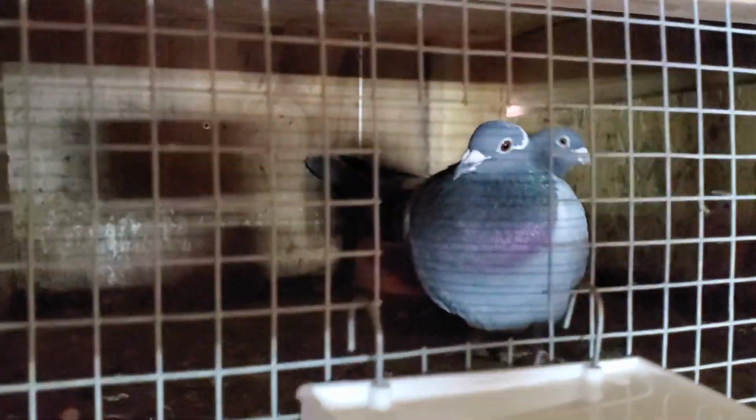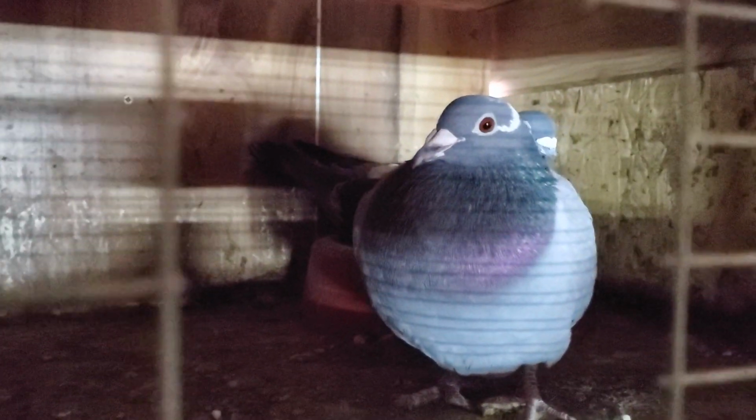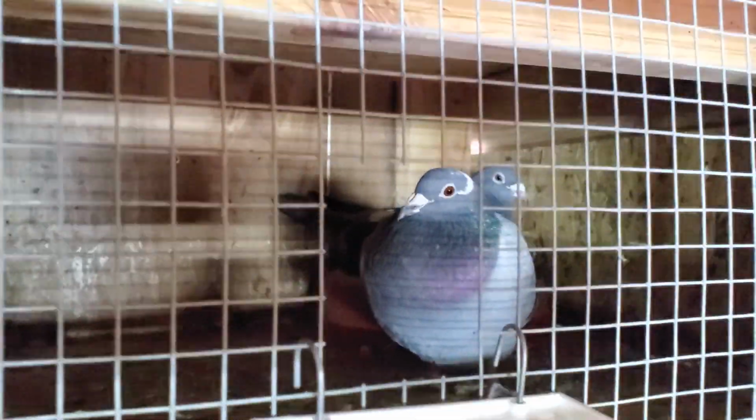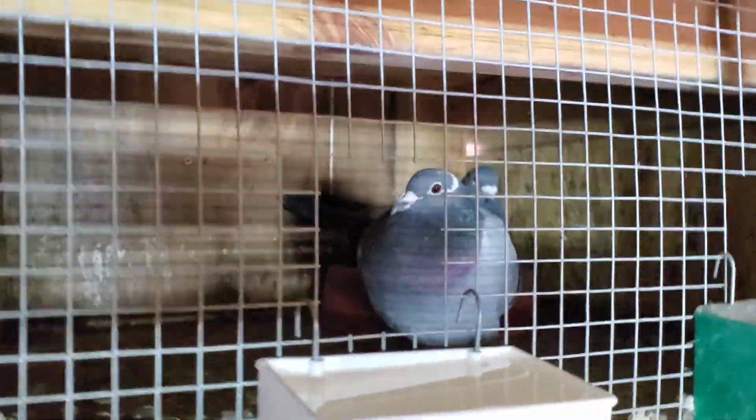And then this is the same pair that I had last year, both blue bar Jansons from the same guy as well. Again, both of these pairs are slightly on the smaller side, but I like them. I like the birds. I like the way they look. They're younger, the same as the other pair. So those are the two pairs that I decided to keep from last year. And then pretty much everybody else